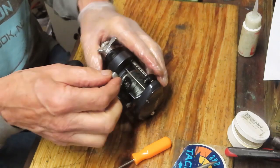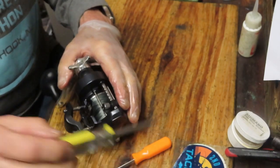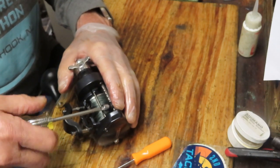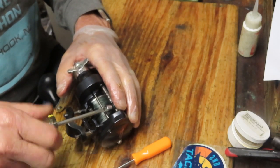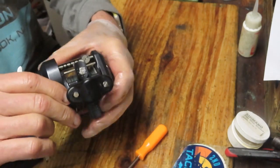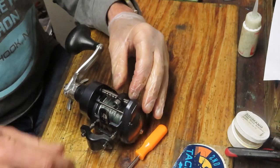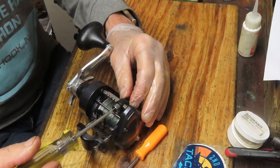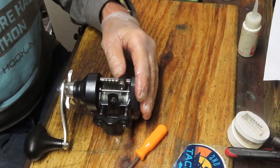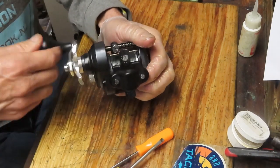And next up will be just to reinstall that cover. When you reinstall the cover again, do yourself a favor and start it by hand, or be very cautious, because sometimes these don't go on square and you wind up snapping the cover. So just be careful as you do this. And don't tighten it down all the way. You want to make sure that those teeth get seated into a groove. So turn your reel and just keep tightening until it goes down without any resistance. Seems like we're starting to get it now. There we go. Now that we have it